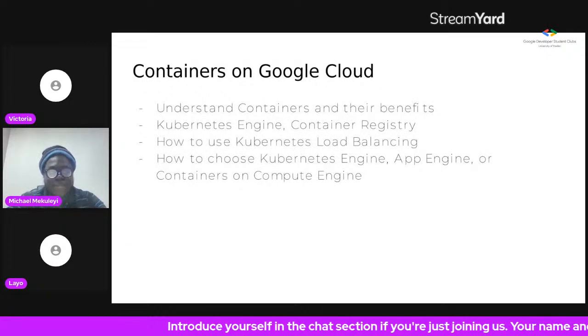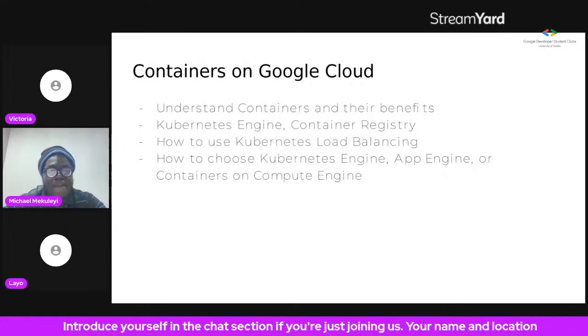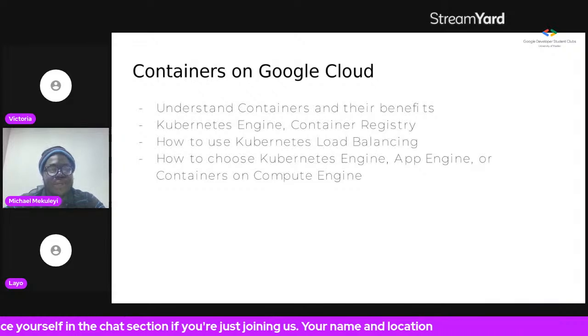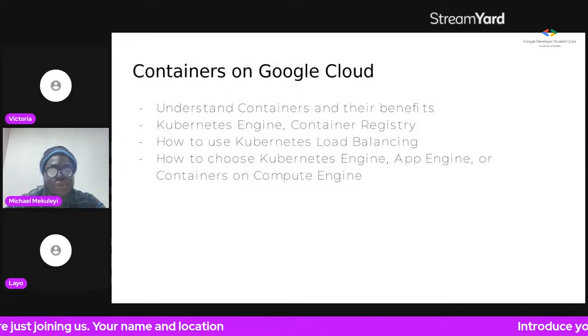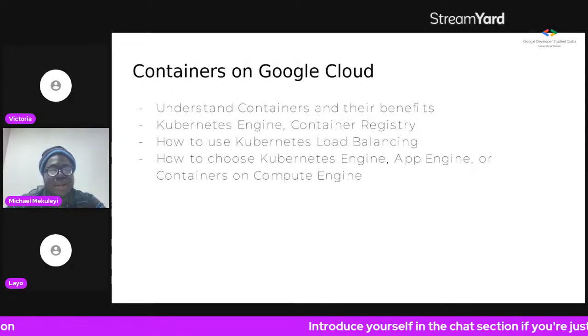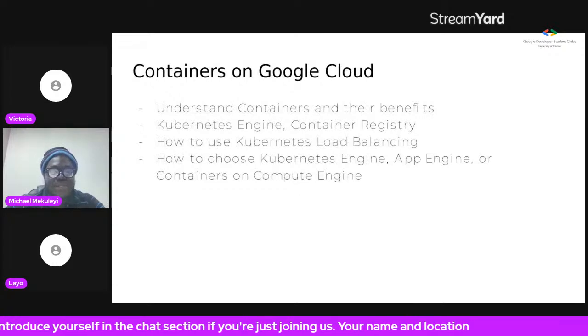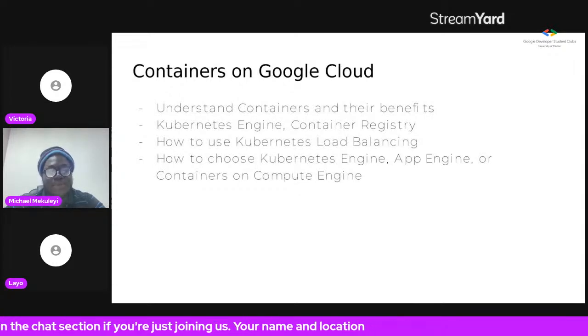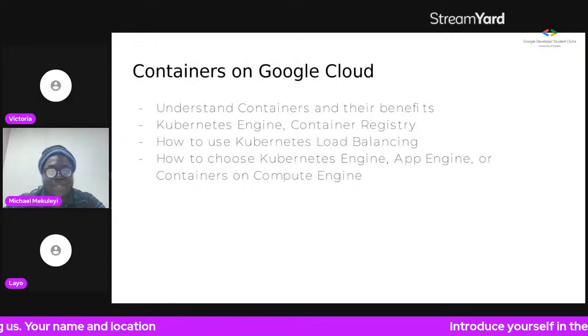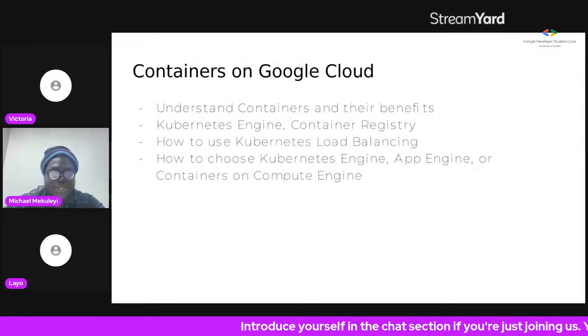So for the DevOps guys, containers on Google Cloud. Usually when you build projects on one machine, you want those projects to be available on that machine, and you don't want to stress about the project not working if somebody changes their machine. So you containerize your application. Then we have the Kubernetes Engine on Google Cloud, the container registry, and Kubernetes load balancing, so balancing your Kubernetes containers.